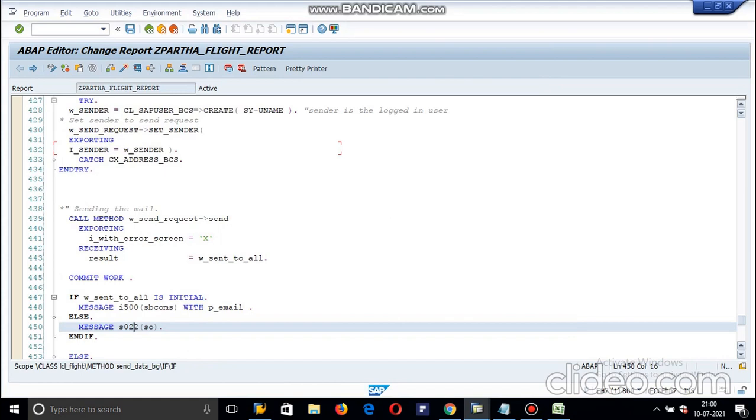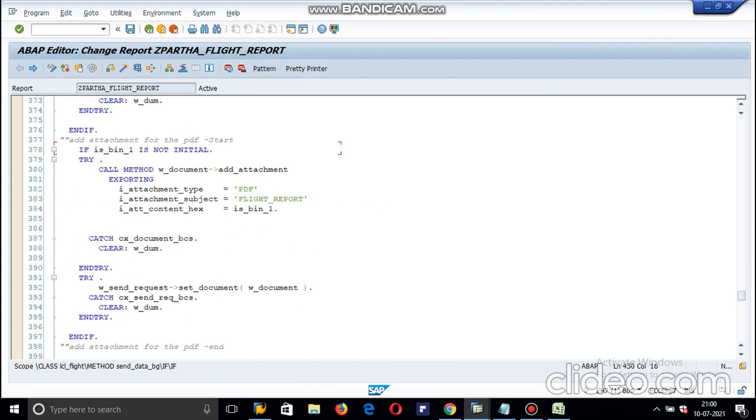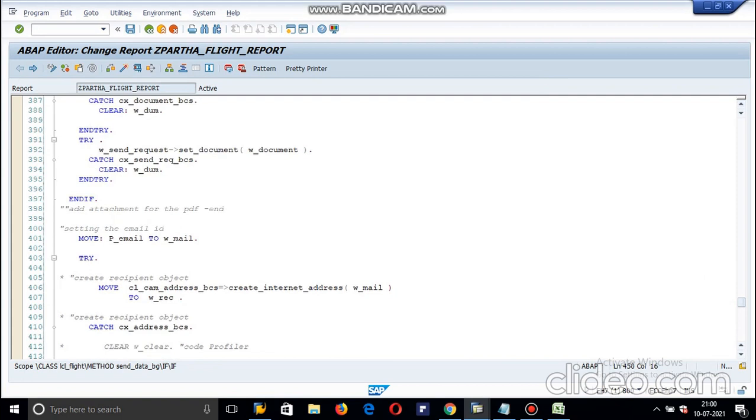So this particular part is for the PDF creation, the PDF attachment creation. After that, we are sending the email, and this is creating the recipient object. You can see I have mentioned that this creates the object of the recipient, who is going to get the mail with that attachment.